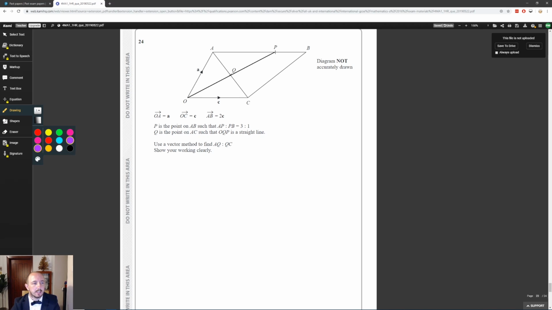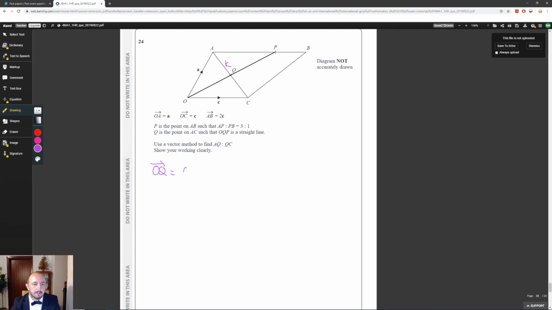So let's try and work out what O to Q is first of all. Now it looks like Q is halfway between A and C, but we don't know for certain that that's the case. So we're going to give this a letter, maybe K, and we're looking at the ratio of AQ to QC. So if we can find the value of K, that will be some fraction of the distance from A to C. O to Q, we need to go